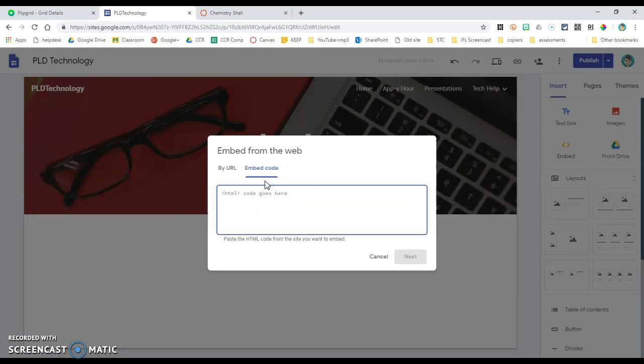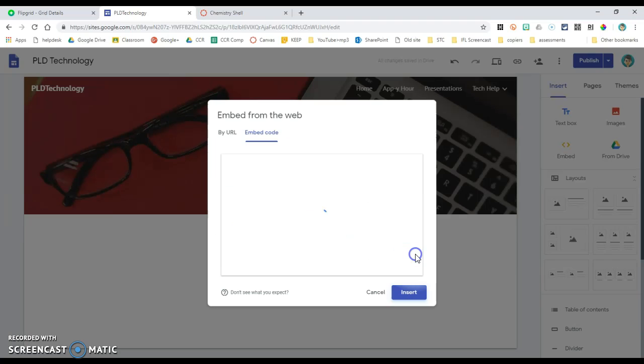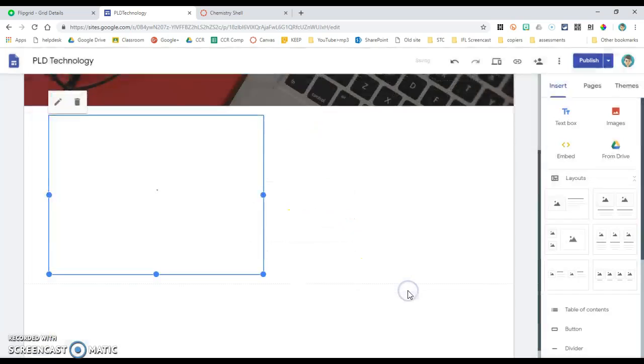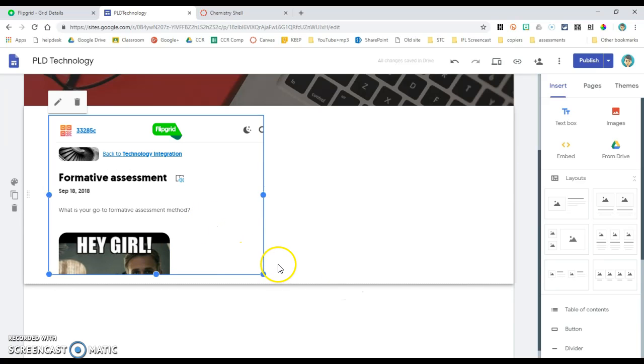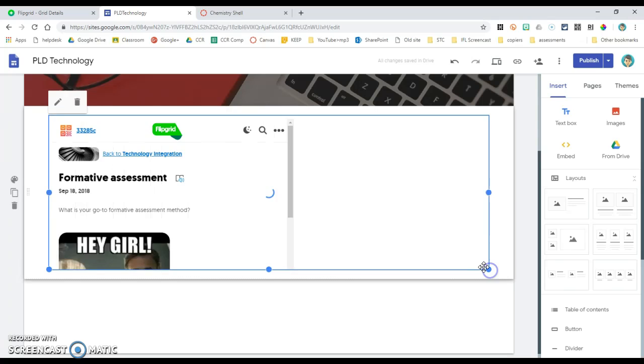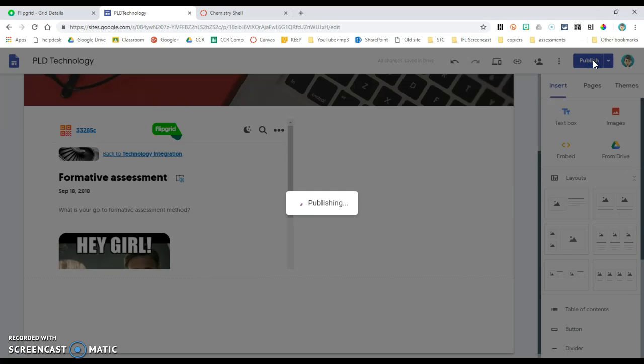I have to select the box for the embed code, and then I'm just going to Control V to paste that in. And when I click next, it shows me what it's going to look like, and then I click insert and it's here, and I can resize that as needed, and then I can also view what it's going to look like. I can publish that page,